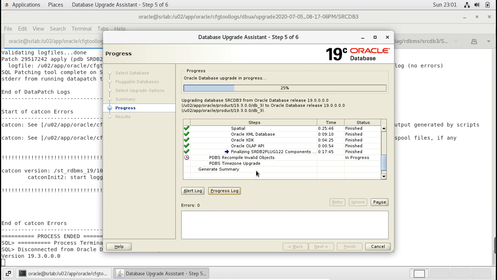So these we need to consider prior to the database upgrade, the non-CDB to PDB plugin to 19C. I did not show you this in the video, but we need to consider it. And yeah, it's going on.